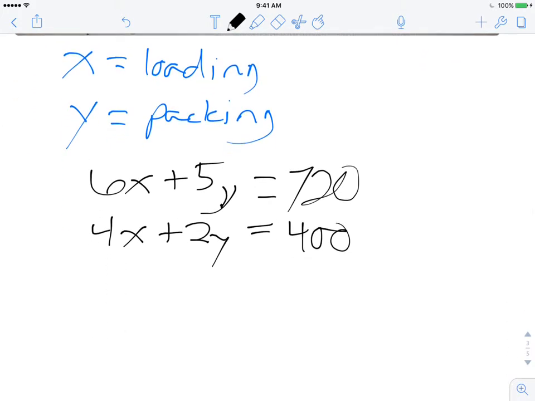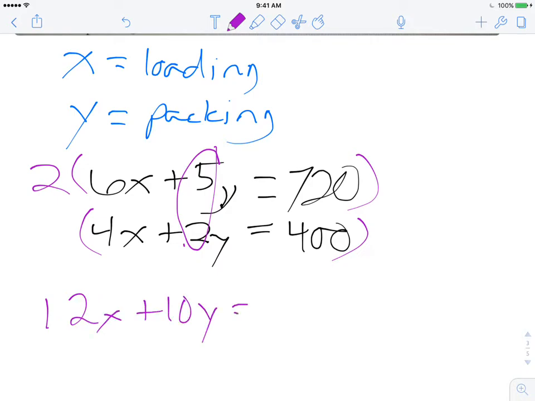I don't know if you guys remember this, but there's this fancy little trick called elimination that you've been taught. What elimination is, basically you're going to multiply both equations by something in order to get two of their variables to line up or match up so that you can solve for the other variable. What I mean by that is this. I noticed that there's a 5 and a 2 in front of the y's in the separate equations. If I can get those two to be the same exact number except opposites, then I can do elimination. So if I multiply this equation by 2, that will give me 12x plus 10y equals